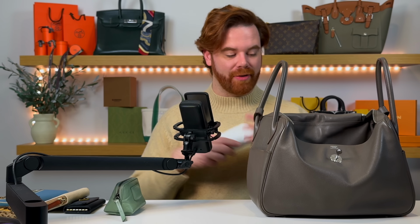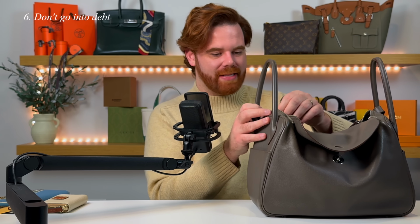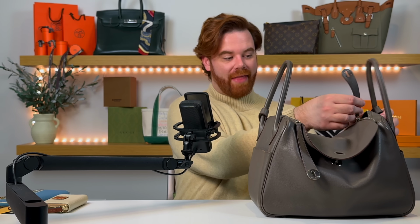So my next lesson that I want to share with you guys, and this is sticking to the same vein of price and what you're willing to spend and how much you can afford. Don't go into debt for this stuff. Seriously, don't go into debt. Don't just swipe the Discover card for these things, because trust me, you're going to end up paying a lot more than you already were paying up front, and that is already a very hefty fee, and it's just not worth it to pay the extra interest, especially if you're relying on something like this to be an